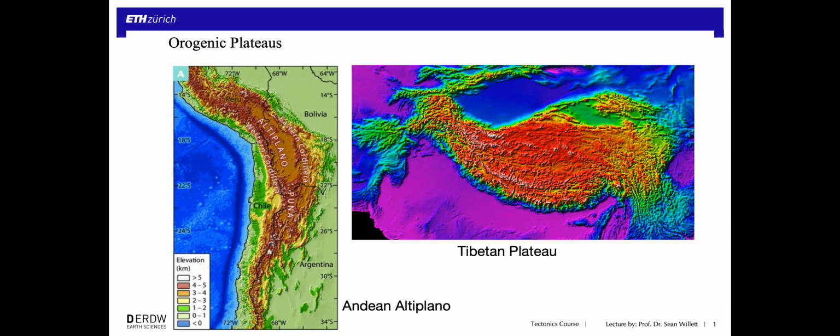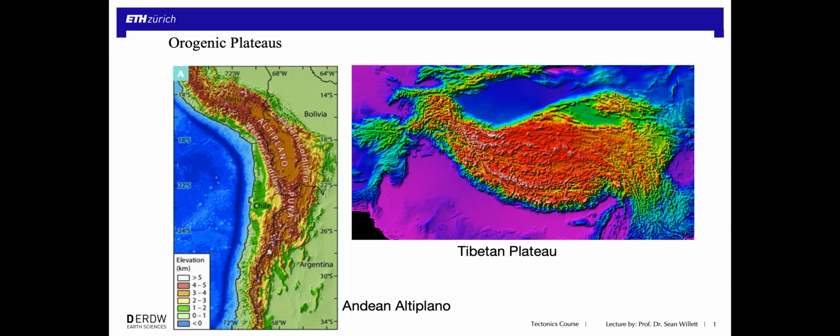Orogenic wedges make a great model for small orogenic belts like the Alps, New Zealand, Taiwan, the Pyrenees. But what about the big orogenic belts, particularly the ones that have large orogenic plateaus like Tibet on the right or the Altiplano of the Andes here on the left? These are large regions with very thick crust over hundreds or thousands of square kilometers. How is it that these fit into this view of an orogenic belt as forming a crustal wedge